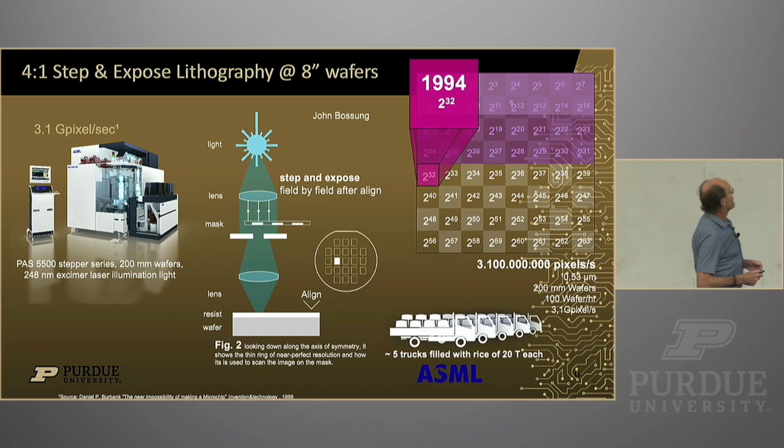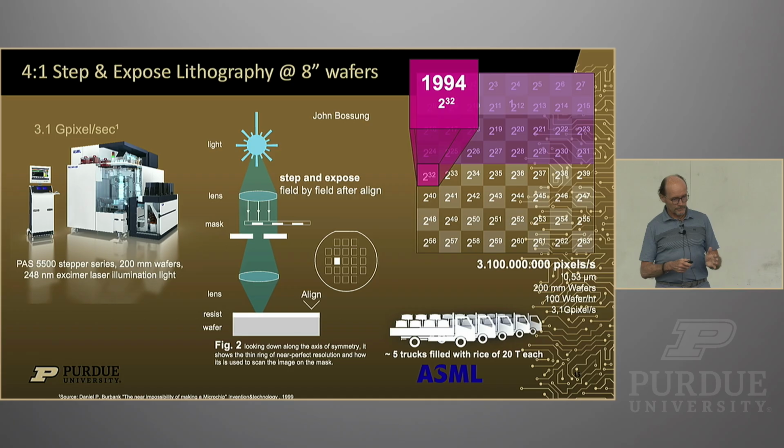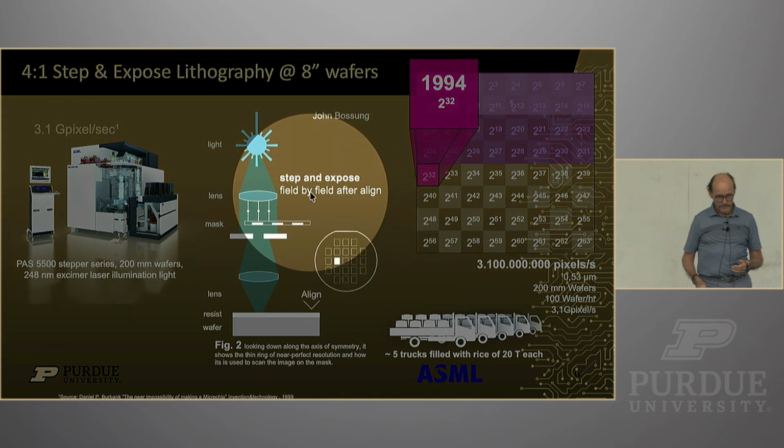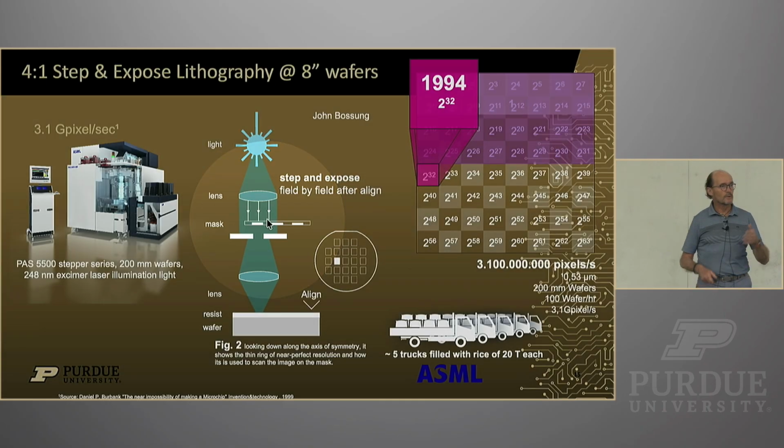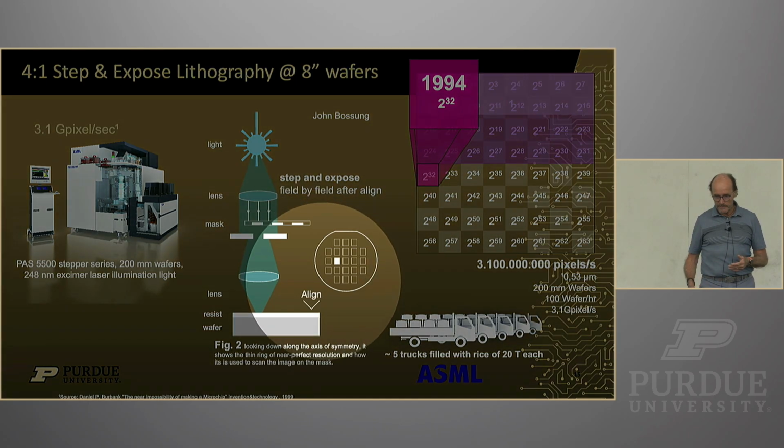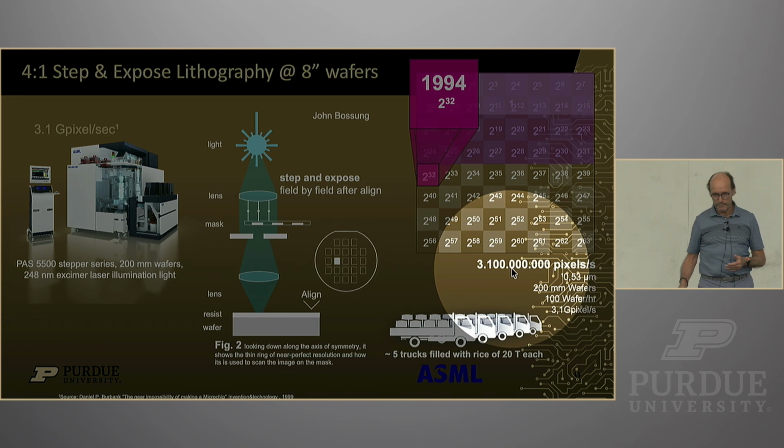Next step, let's use shorter wavelength, 4:1 exposure, step and expose, it was called. And if you take one of my classes in a few years from now, I teach nanolithography much more extensively. I'll tell you much more about it. But by this time now we're suddenly up to 3.1